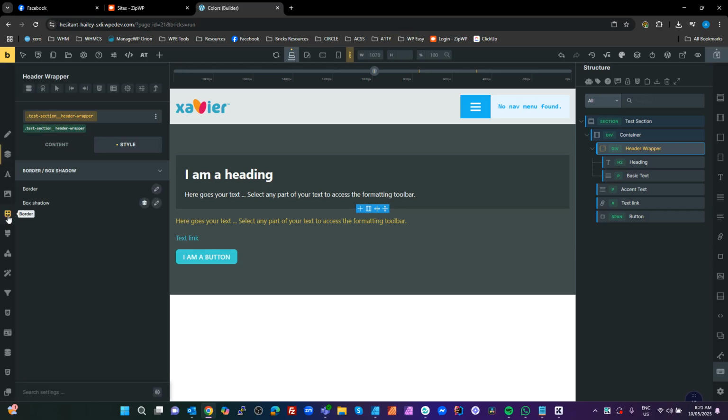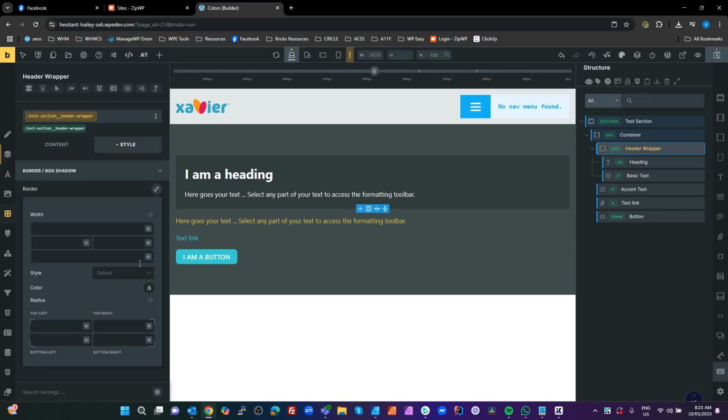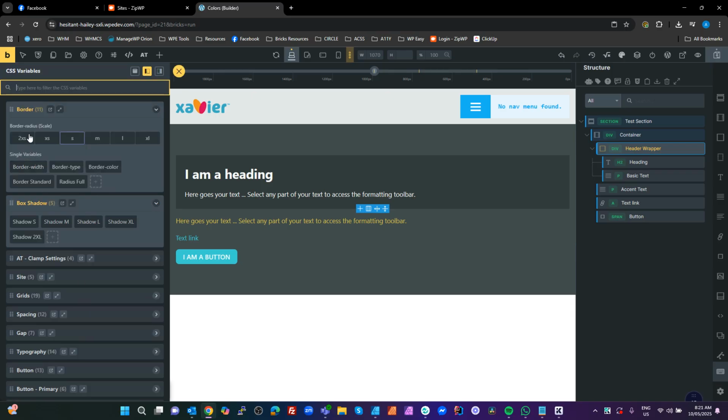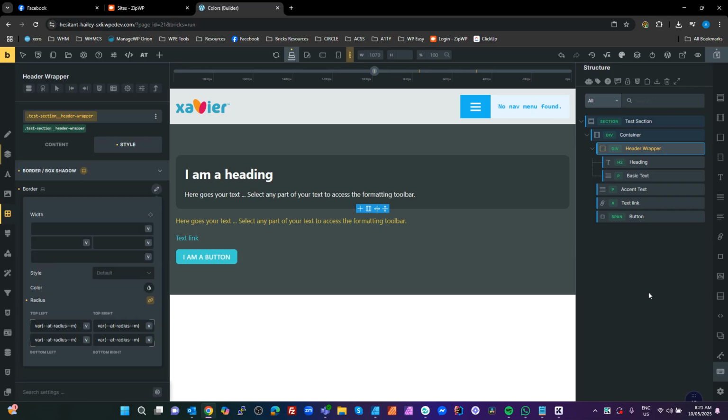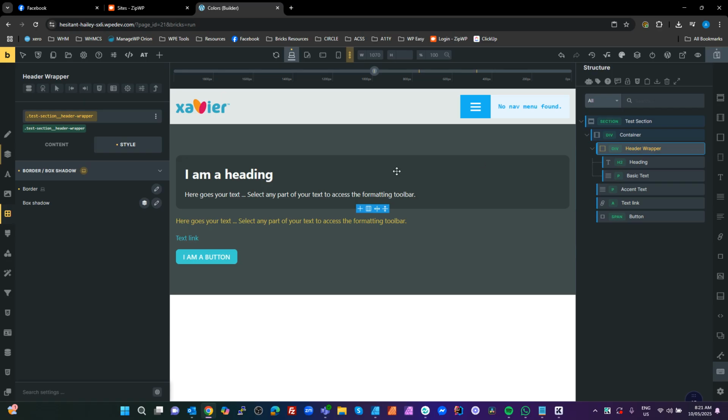When we go to our border, we're going to set the border, link that, use our variable picker, and here's our border radiuses there. Okay, so I'm going to go small, medium. All right, so there is our settings for our header wrapper, and we automatically get a background color when we change that color